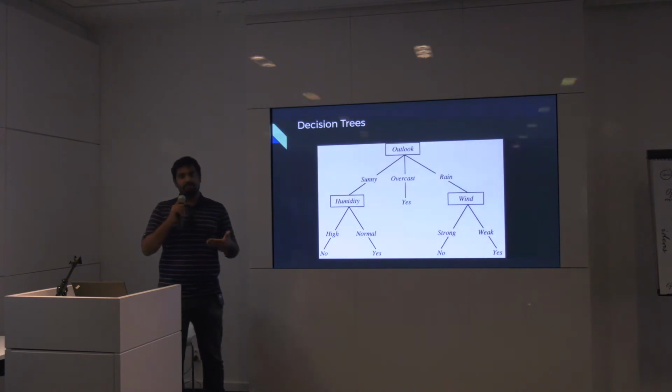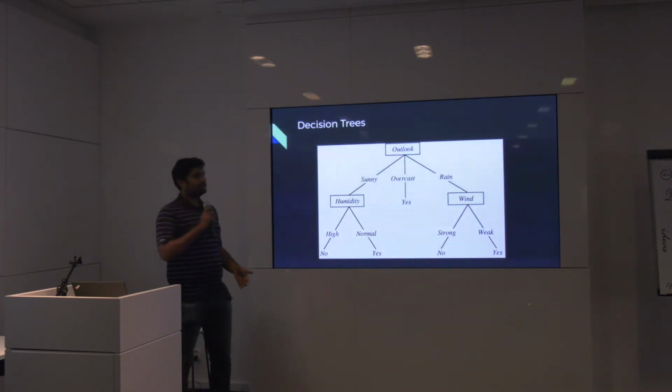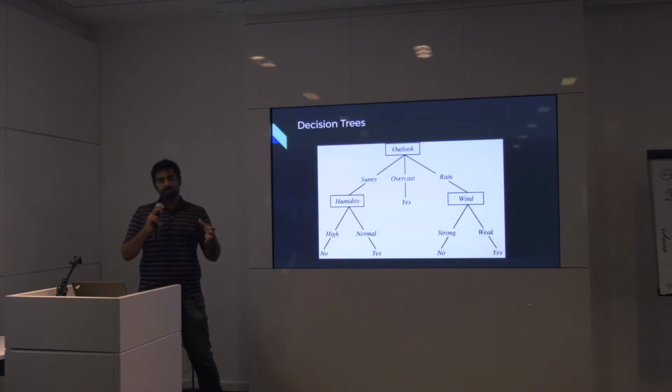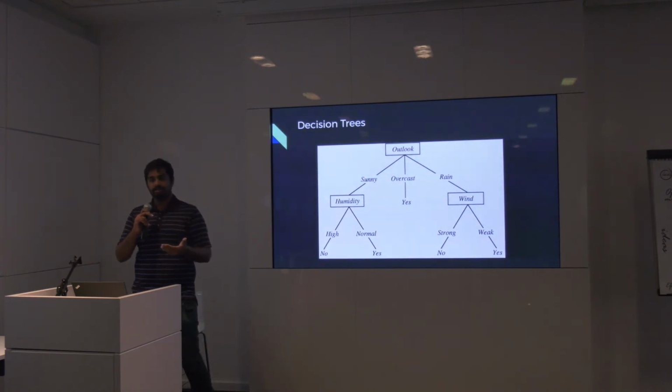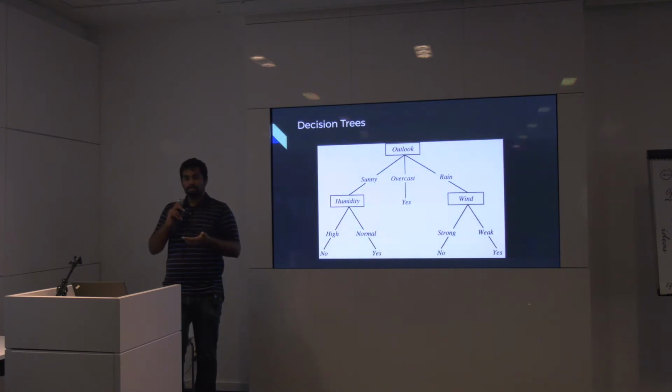So if the model says no, do not give him a loan, then you can actually ask, okay, why should I not give a loan? Then it will say, oh look, usually people with so much income and or who have this kind of credit history have a history of not repaying back their loans, so you should not give the loan. So the advantage of using decision trees is that it gives you interpretable predictions.